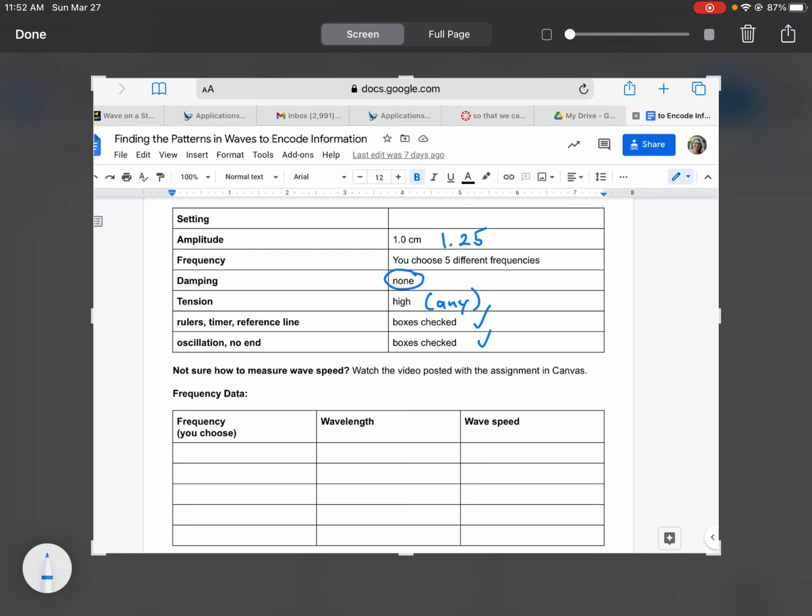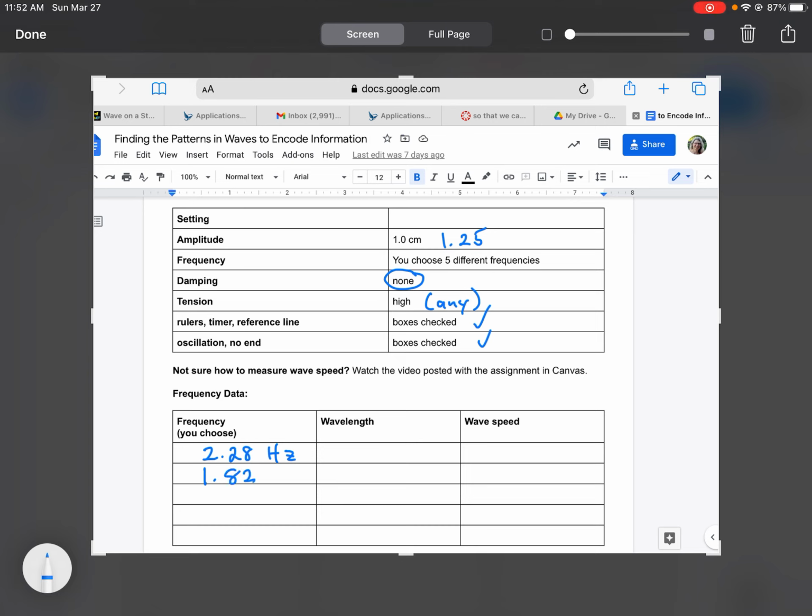All right. So I took some measurements already, and I'm going to write them down, and they're very weird. So you will definitely not have the same ones as me. All right. So I chose frequencies, kind of random but spaced out. And it's good to have them in ascending or descending order, from biggest to smallest or smallest to biggest. All right. I'm only going to write Hertz once,